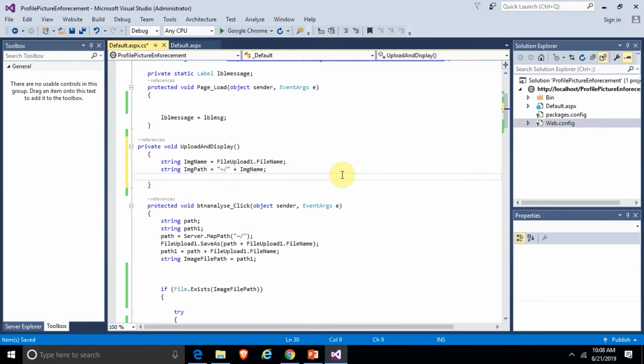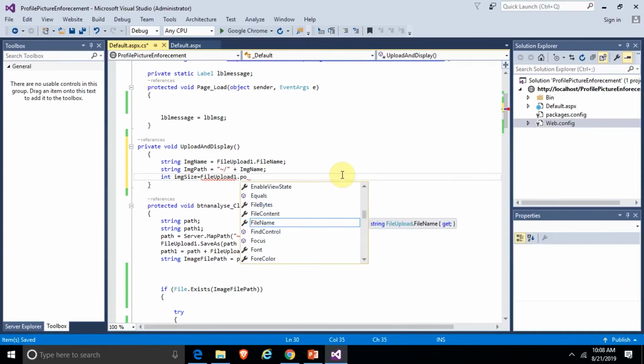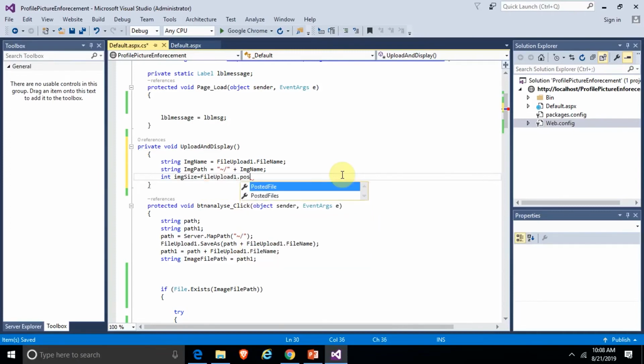Then of course the image size. Now we could actually restrict all these, you know, in our intelligence. We actually restrict the image size and all that. So let's just file upload 1, posted file. So we'll get the content length, right? That will give us the image size. Now, so